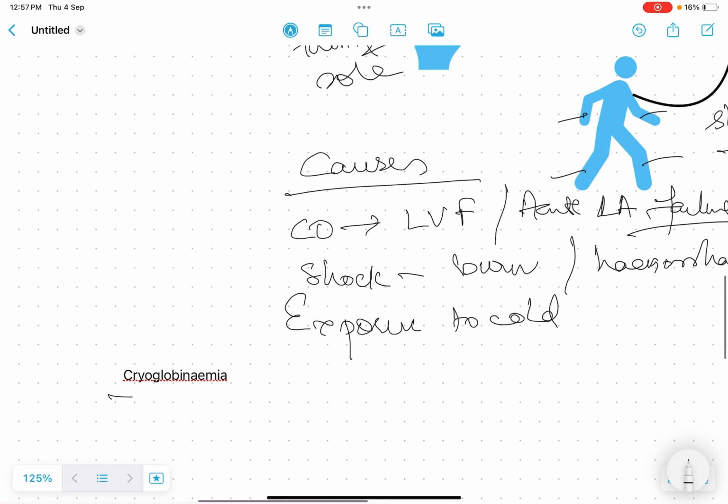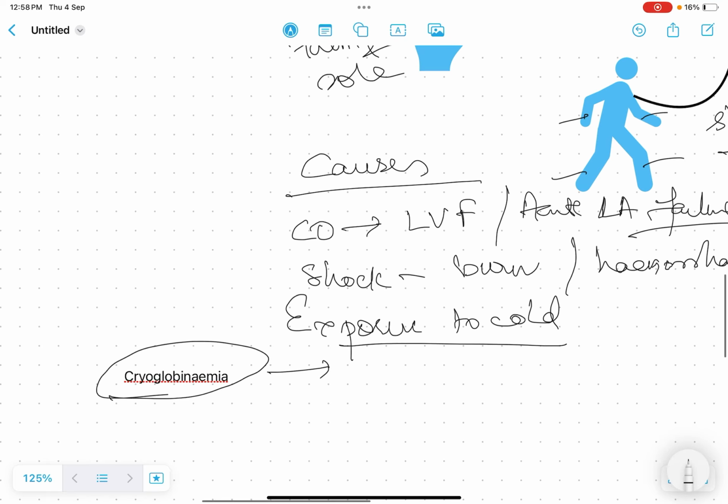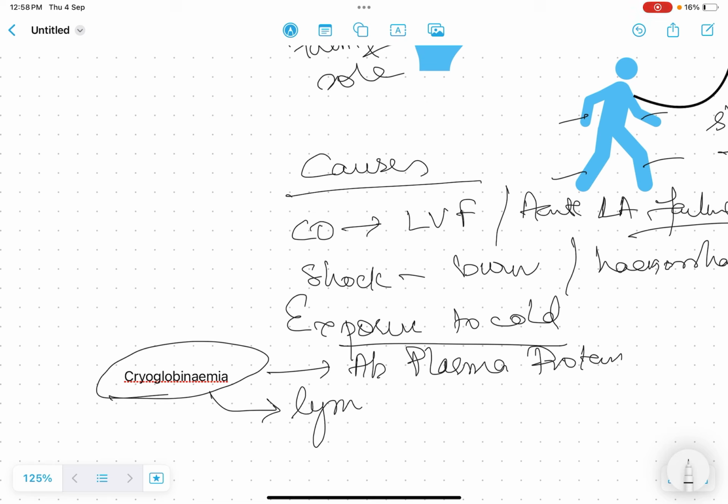One important term is cryoglobulinemia. Cryoglobulinemia is when there is excessive low temperature, when there is exposure to cold. With that low temperature, they form an abnormal plasma protein. This abnormal plasma protein, this cryoglobulin, can also be found in conditions like lymphoma,